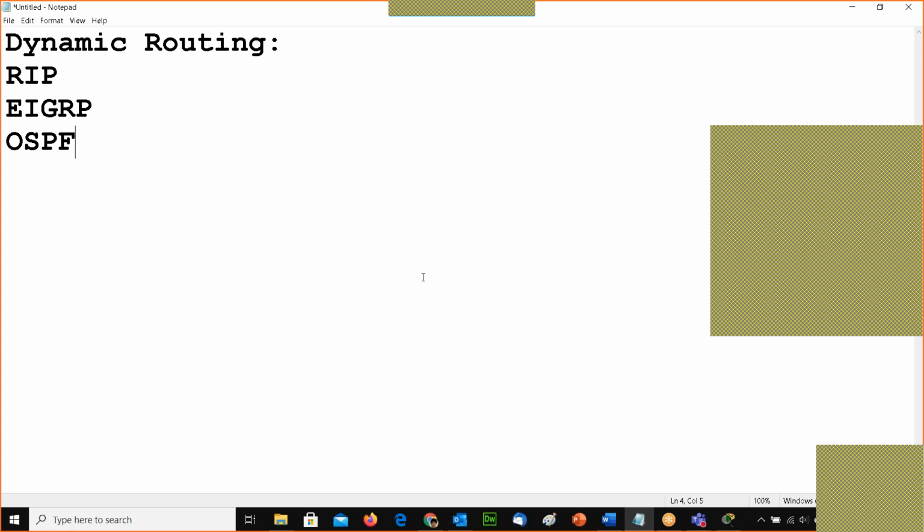So RIP, EIGRP, OSPF have evolved over the years. For IPv4, that is Internet Protocol version 4, we use RIP version 2, and I will give the demonstration.